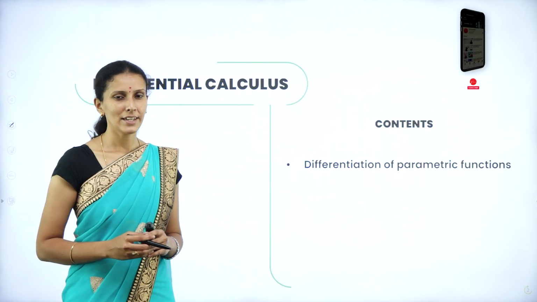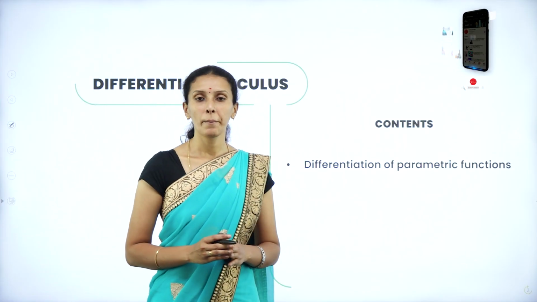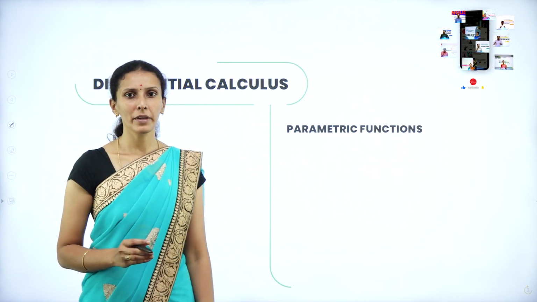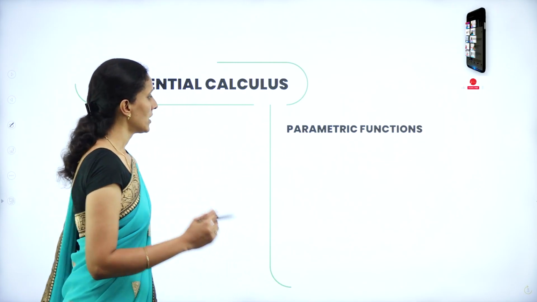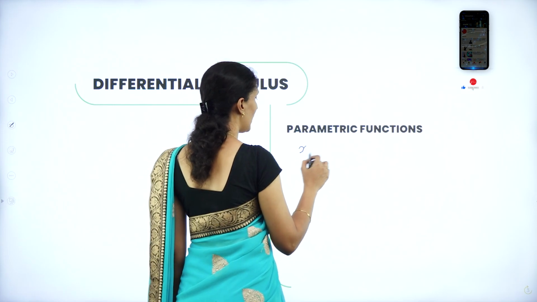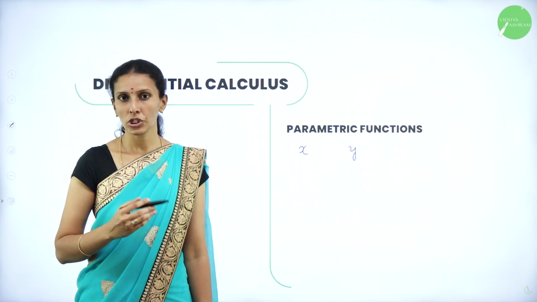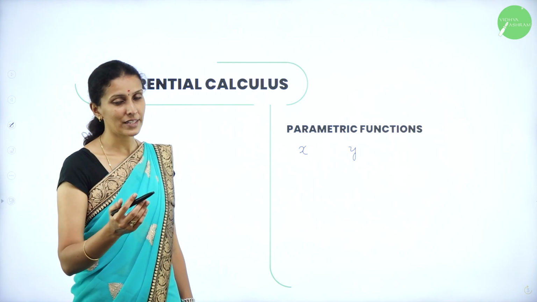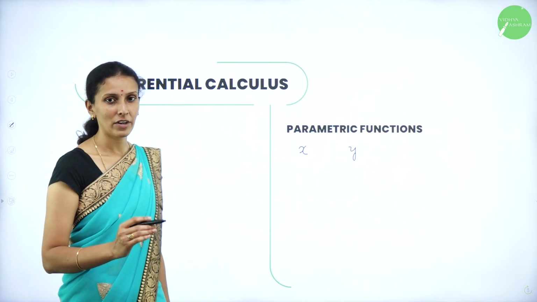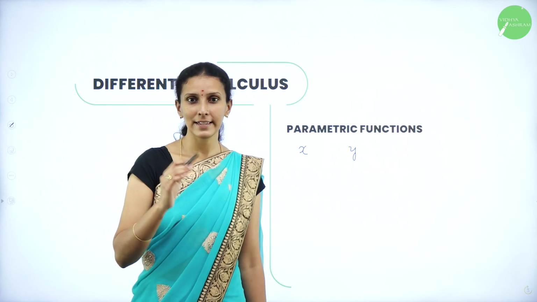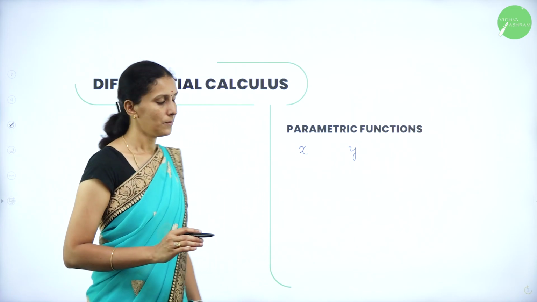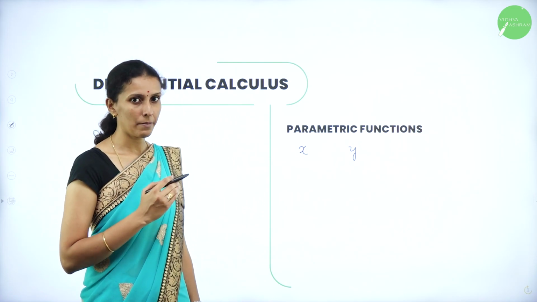So here in this session we will be differentiating a parametric function. So what do you mean by this parametric function? Suppose we have two variables x and y. So till here we have learnt about explicit function, that is y is expressed in terms of x completely, and implicit function where you have to derive both x and y individually. Now here we come across a parametric function.